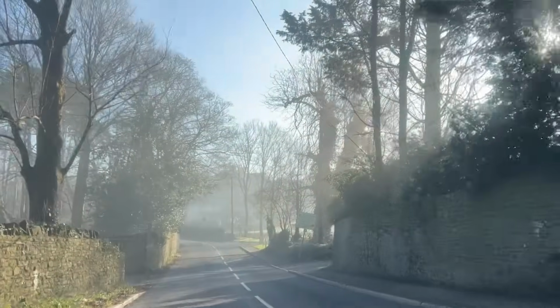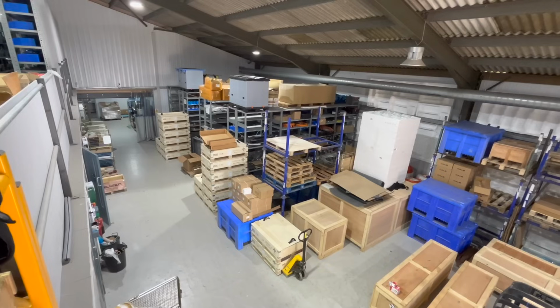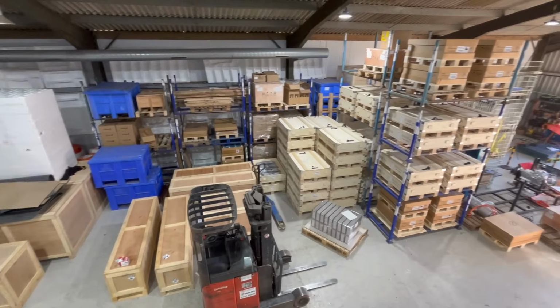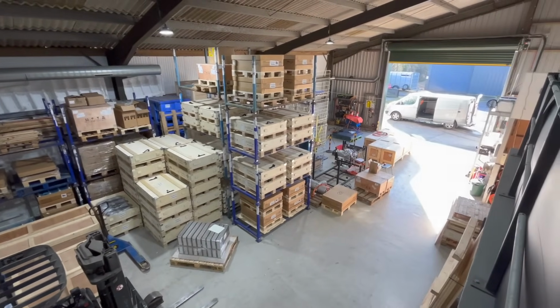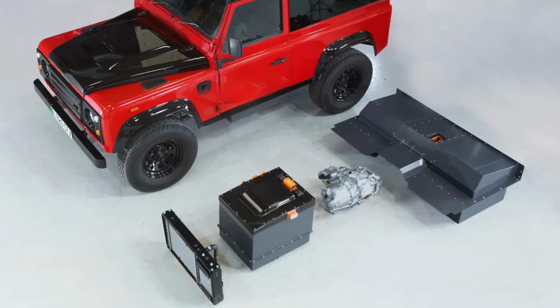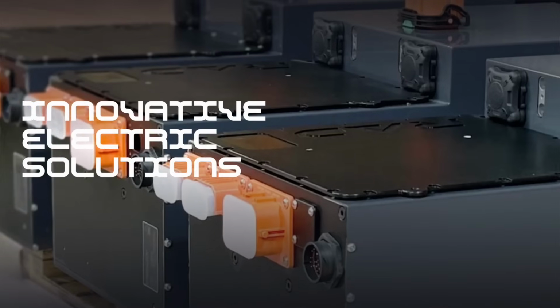I've come to visit a company that designs, develops and manufactures bolt-in systems to electrify classic cars, and they ship these conversion kits for Minis, Porsches, Land Rover Defenders and even boats all over the world. So if you'd rather zero emissions, reliability and cutting-edge tech for your classic car, Fellten's here in Bristol, England might